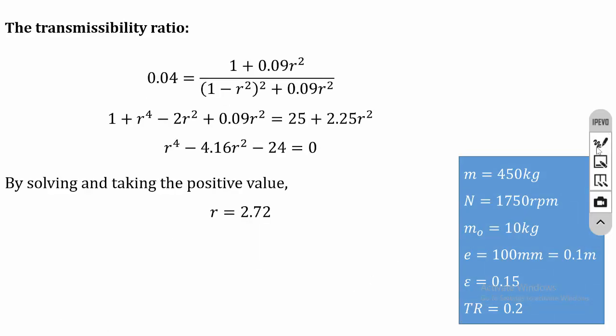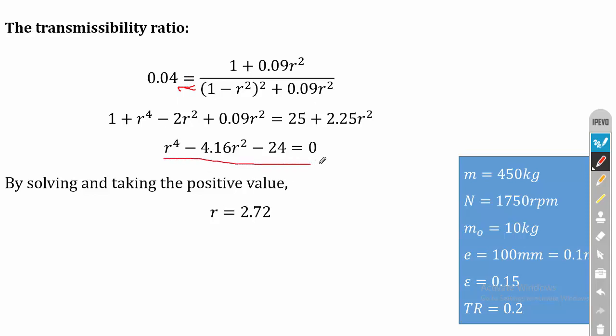Now from that equation bring the (1 minus R square) the whole square plus 0.09 R square to the left side and multiply it with 0.04. So after solving the equation you will get